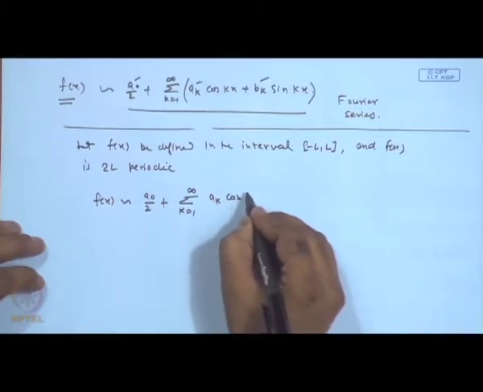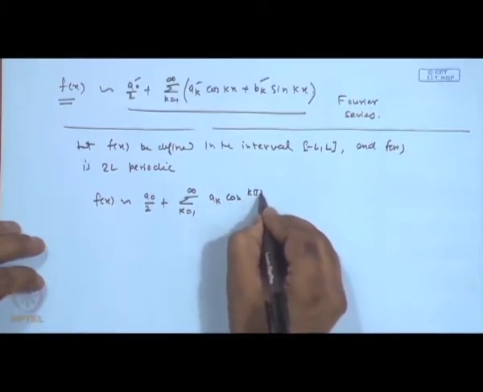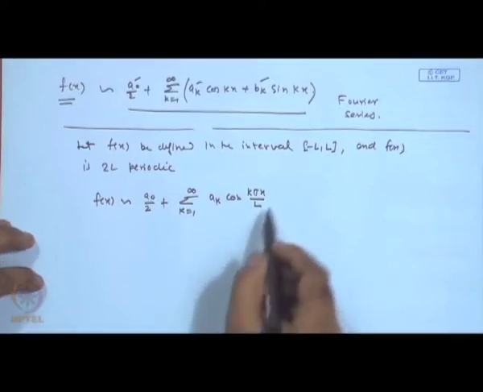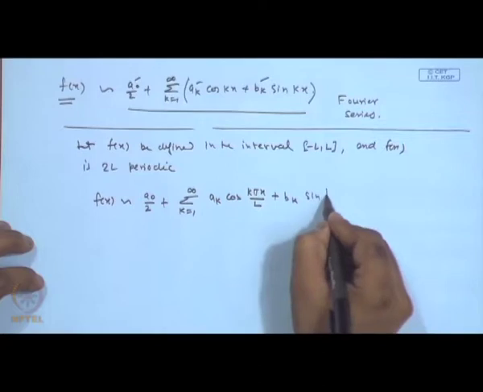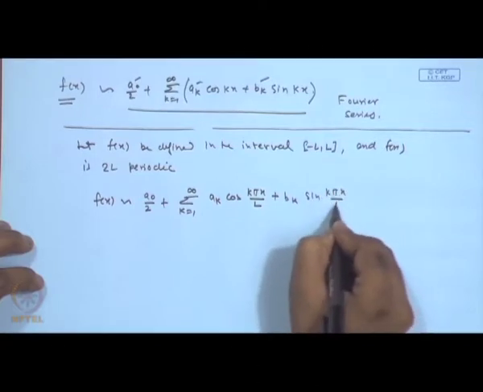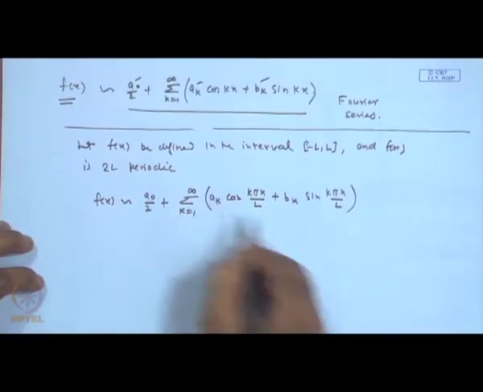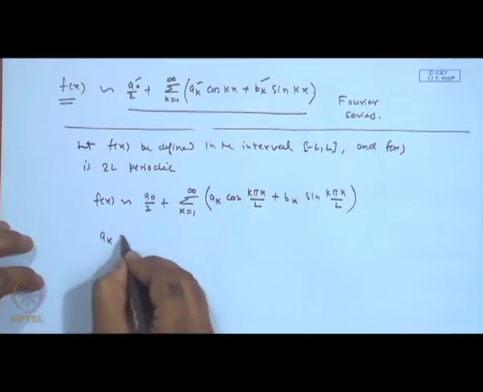So, that will be a_k cos(k pi x over L) plus b_k sin(k pi x over L),